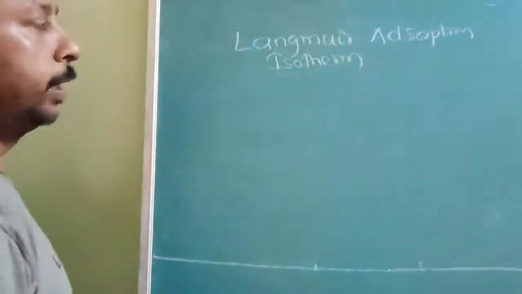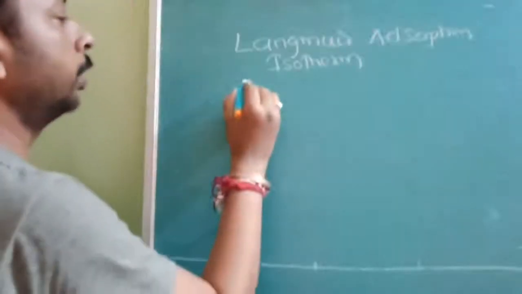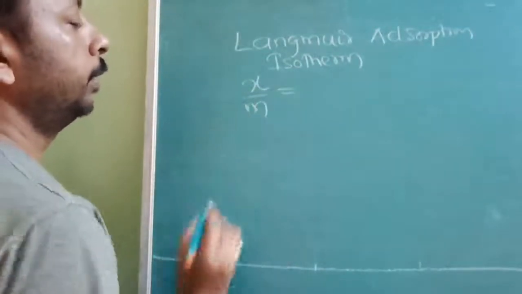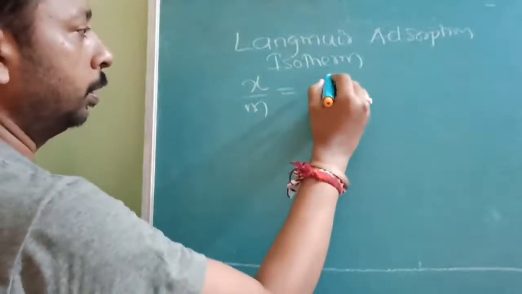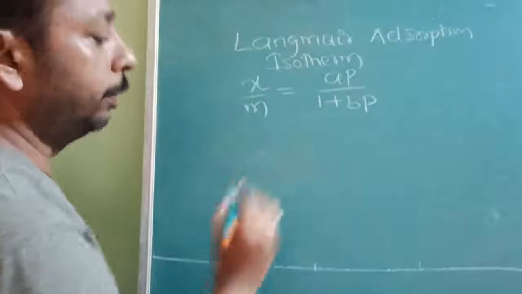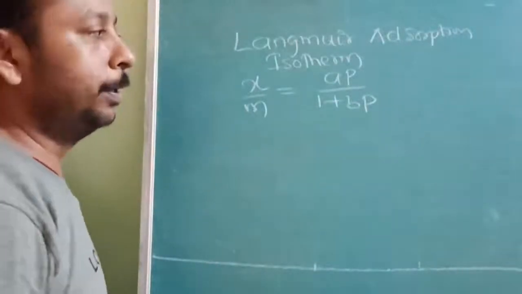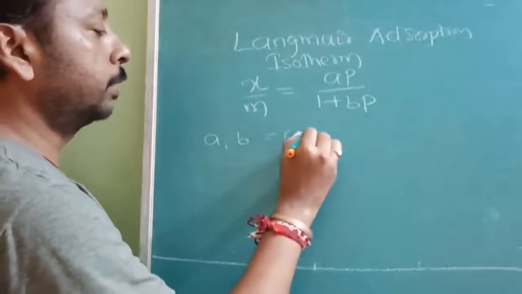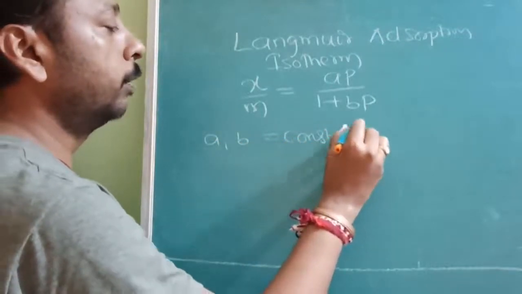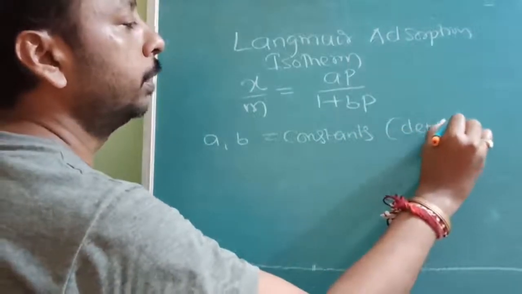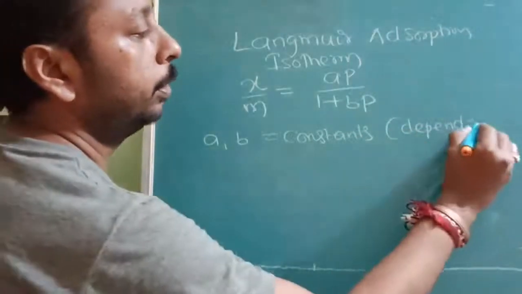For that the formula is different: x/m = AP/(1 + BP), where A and B are constants. Okay, A and B are what? Constants. There are questions on this. They depend on